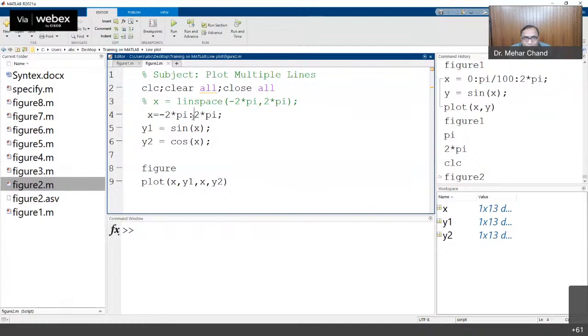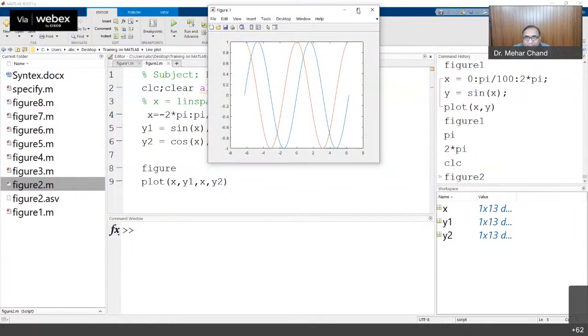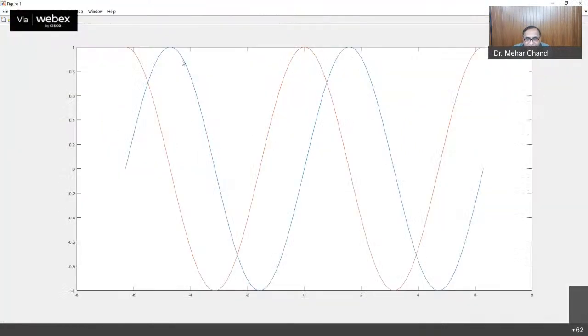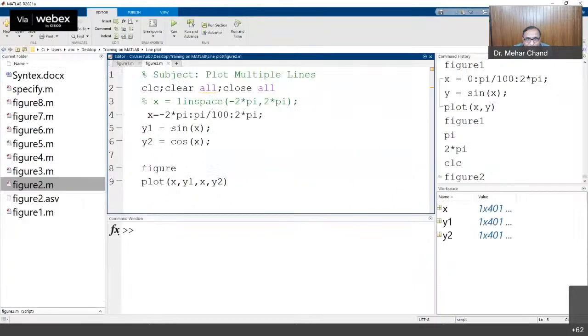So we will divide this interval with the help of increment. I am using pi upon 100. So this is the increment, or difference between two consecutive points. When we execute, you can see the graph changes and all the curves are very smooth. Okay, so in this way, while we are plotting, in the case of the first statement,